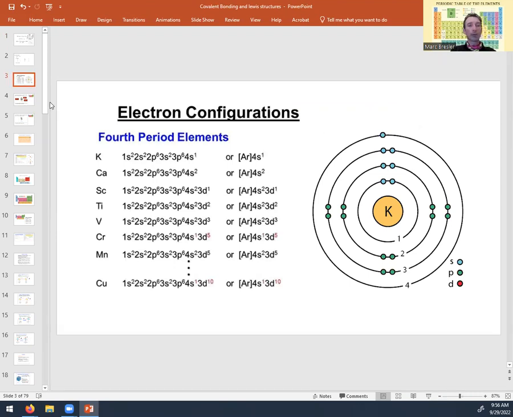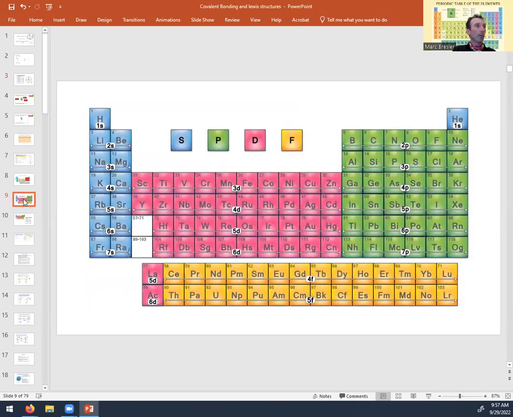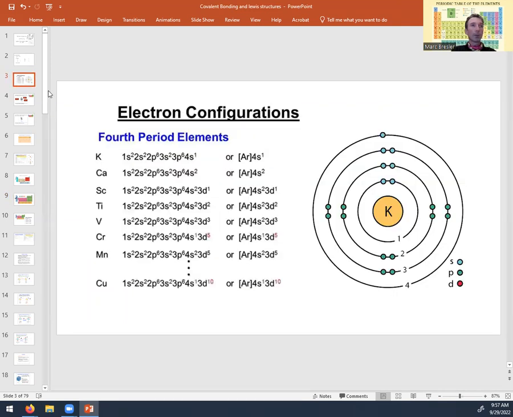It's good to kind of understand electron configuration for Lewis dot structures. Potassium is an example here. It's in the fourth row on the periodic table. So if you look here, 1, 2, 3, 4, the fourth row. Here's the potassium. 1, 2, 3, 4. So n equals 4. So then you can see it has n equal 1, 2, 3, 4. So the fourth shell is the outermost shell, and that's what you call the valence shell electrons. So you can see this number here correlates with that